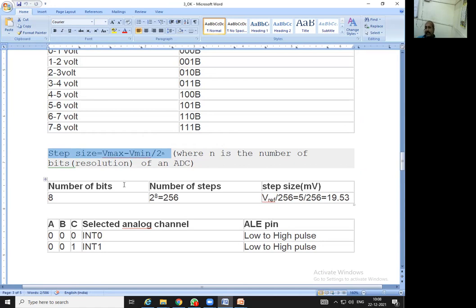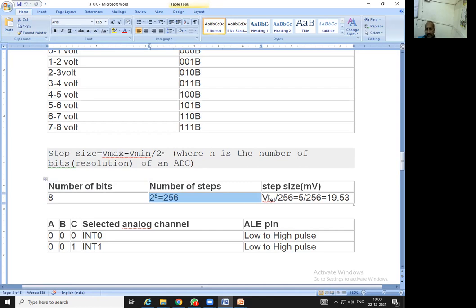As you can see, in the digital conversion output we have 8 pins, so the number of bits is equal to 8. So the number of steps will be 256, a maximum of 256 digital outputs, from 8 zeros to a maximum of 8 ones, that is 1 1 1 1 1 1 1 1. That is equivalent to 256.